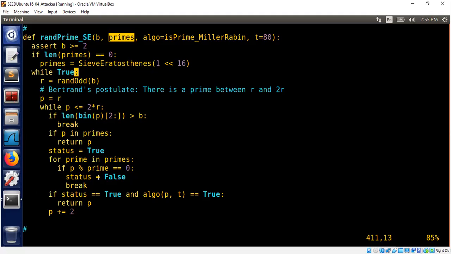Okay, let's assume we generated the random odd number r, and we check that none of the primes in the prime list is dividing our random r. Then we go ahead and call the algorithm. The algorithm is, remember, Miller-Rabin. Okay, in this case, you could also use Fermat-Euler or anything else that's supported. So essentially, that's what's happening. First, check whether your random number is divisible by any of the primes you have. If it is true, then you know for sure your random number cannot be prime. If none of the primes is dividing it, then you can go ahead and apply your fancy Miller-Rabin or Fermat-Euler